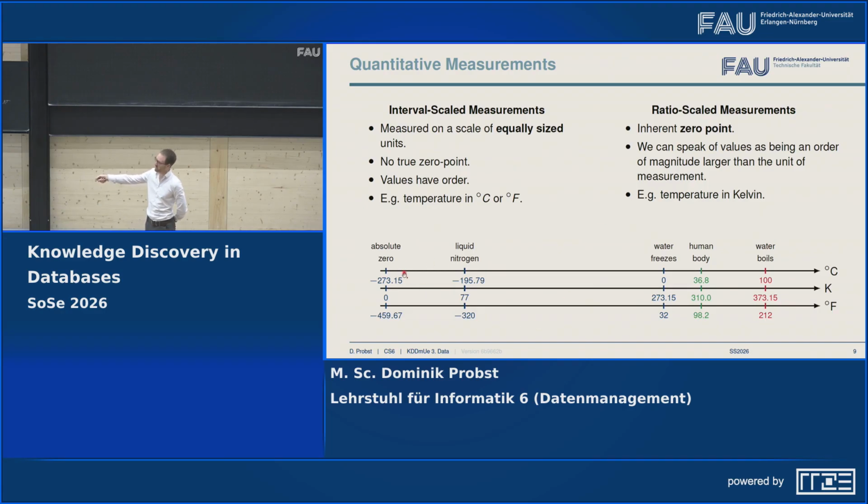So a point where we can't get below. That's the definition of a ratio-scaled attribute. If we can't get below 0, we are ratio-scaled. I'm not sure why we should have to be able to divide through 0, because